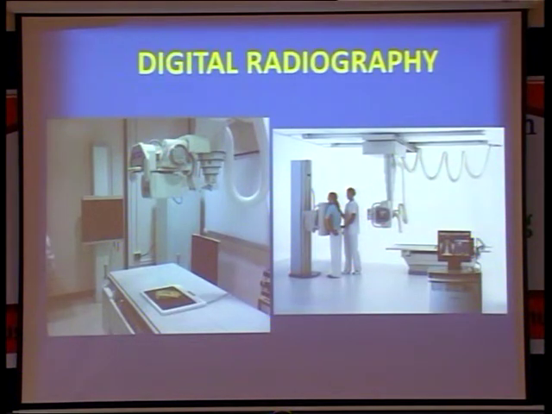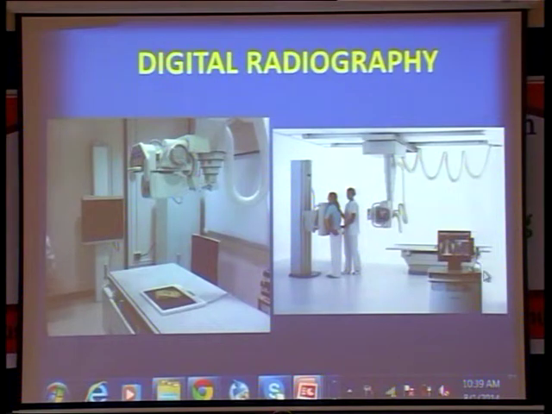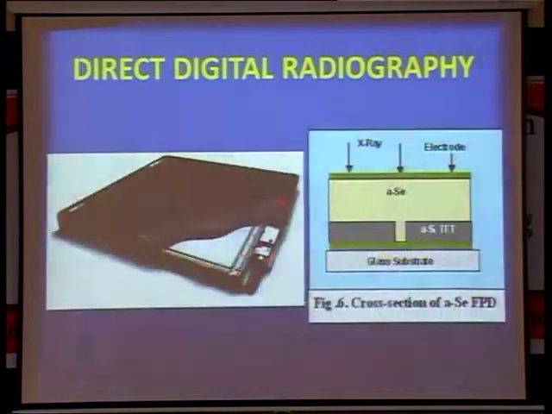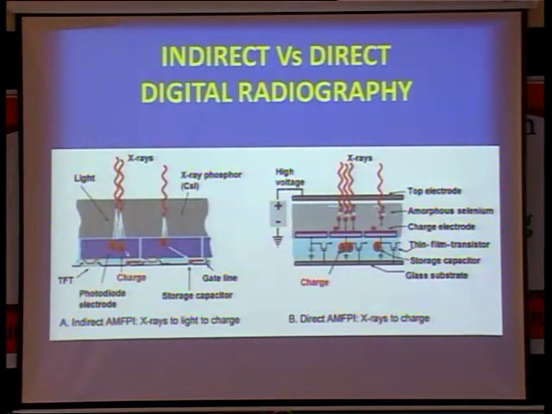Now you see the X-ray and the photoconductor crystal, and from this we go on. The X-ray produces light, and then you directly get the image. This is the system, and you can see how digital radiography functions. There are two types, direct and indirect systems. In the direct system, you go directly to the amorphous selenium, which converts the X-rays to charges. In the indirect system, there may be some intermediate processes.